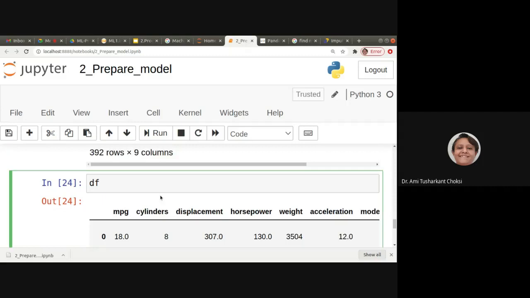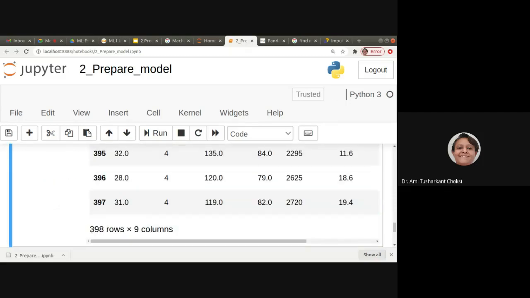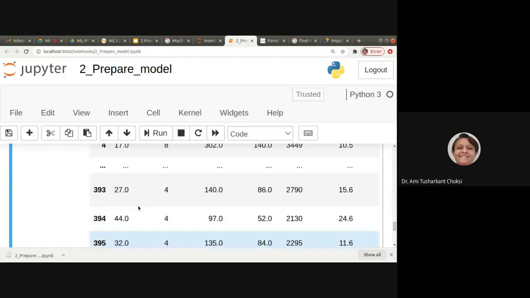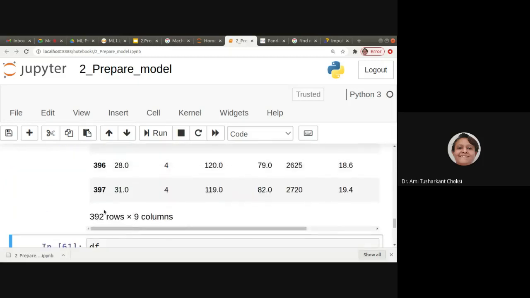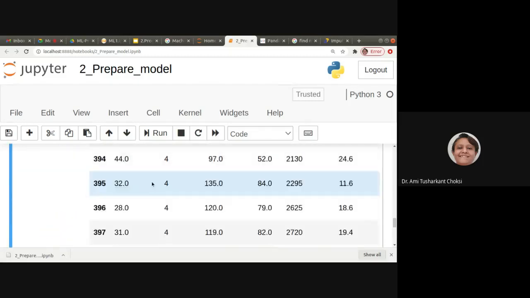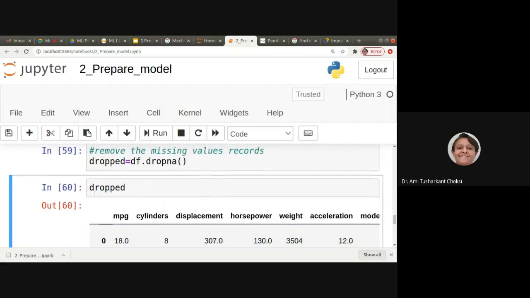Again, if I see the df, it will show me 398 rows. Whatever records you have removed are stored in the variable dropped, right? While we do df.dropna(), it will not change your data frame.